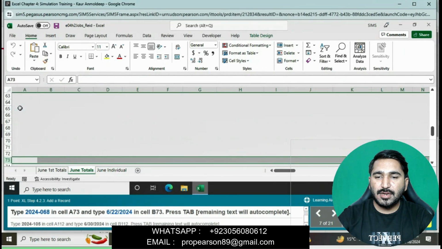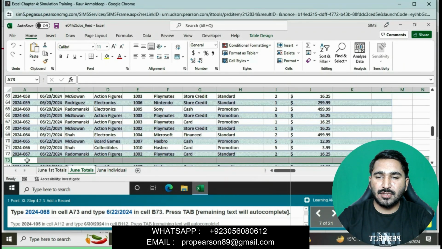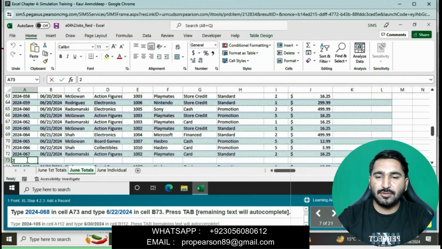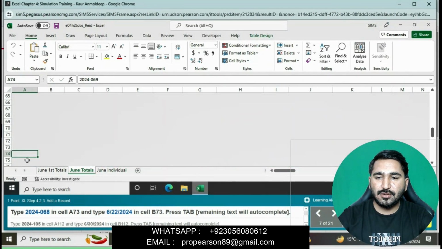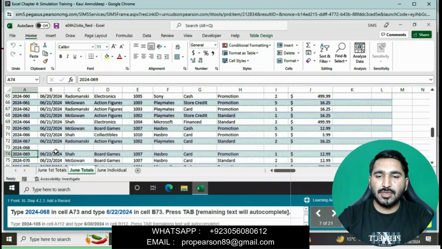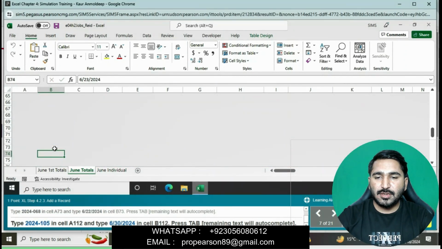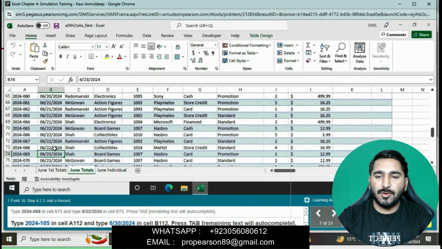Type 2024-068 in cell A73. Click on cell A73 and type 2024-068. Then type 6/20/2024 in cell B73. Click on cell B73 and type it. Then type 2024-105 in cell A112.